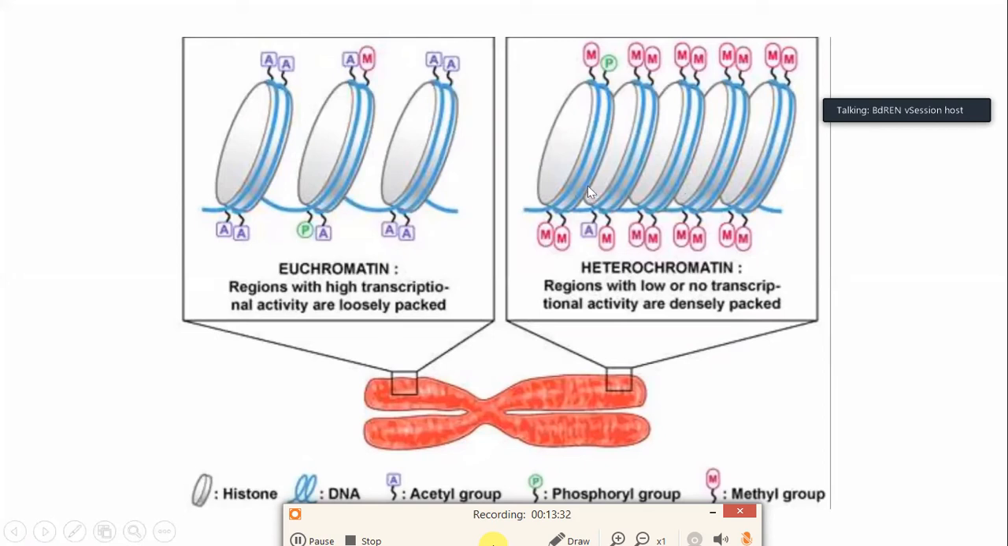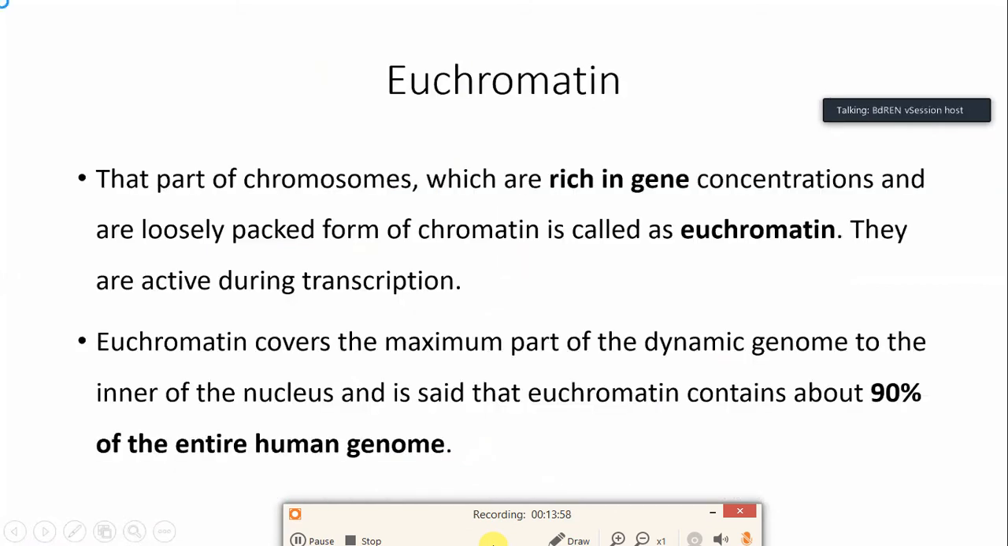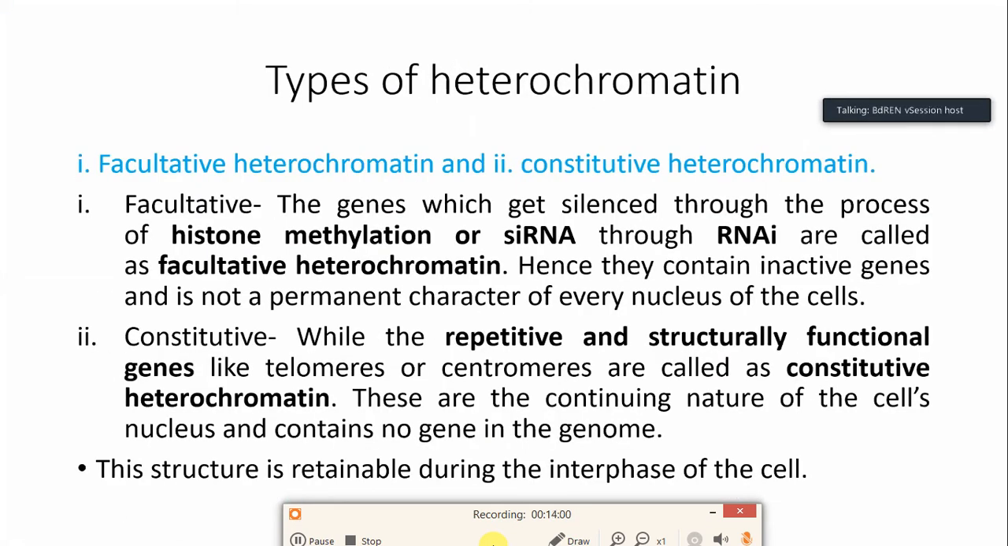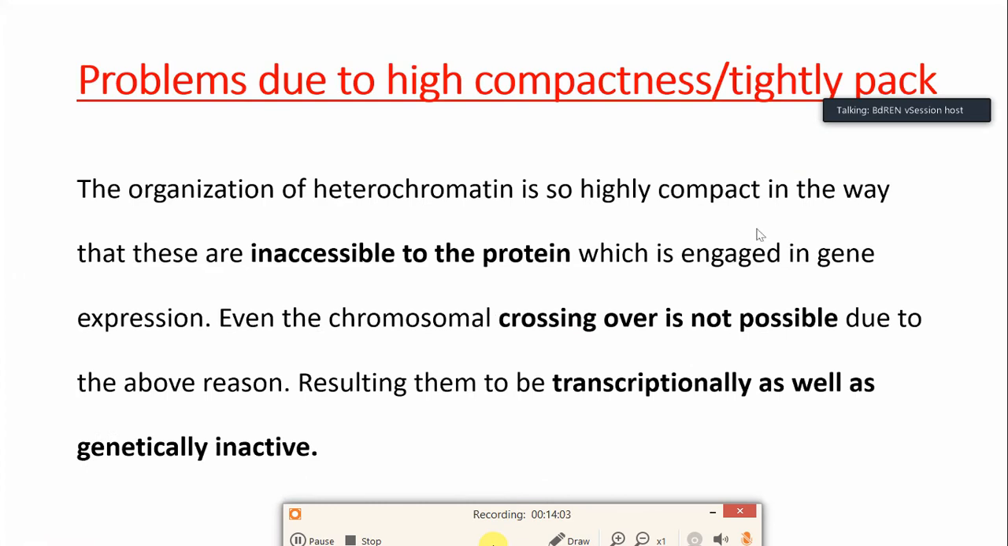So you can see the proteins: 1, 2, 3, 4, 5 histone proteins are compactly arranged. On the other hand, in the same length, three histone proteins are found and the DNA is loosely arranged. Okay. So due to its high compactness, a problem is created